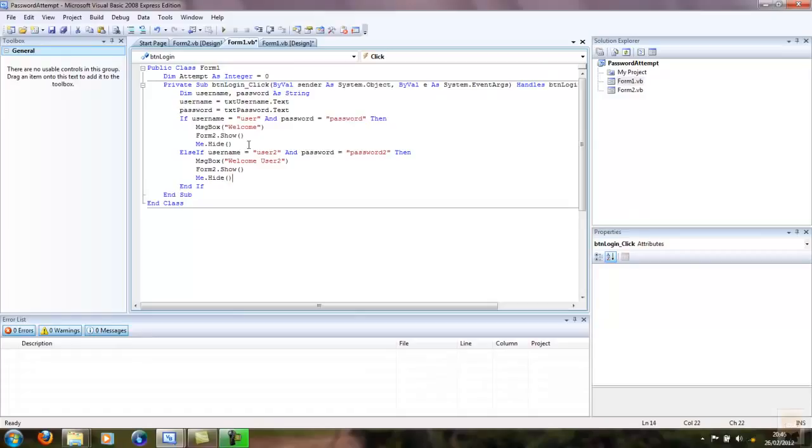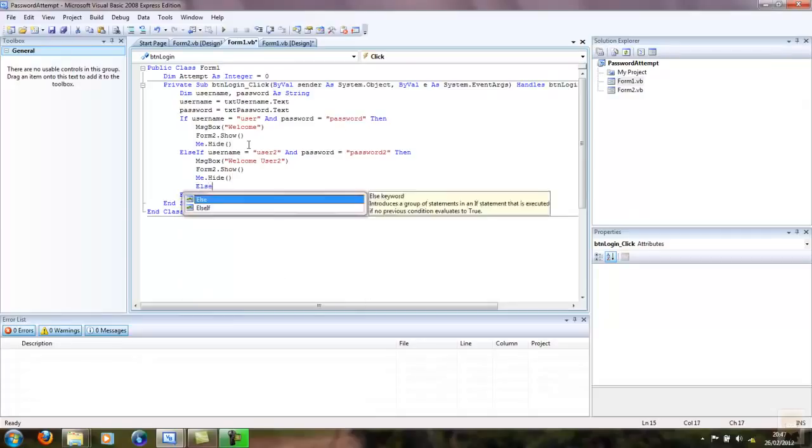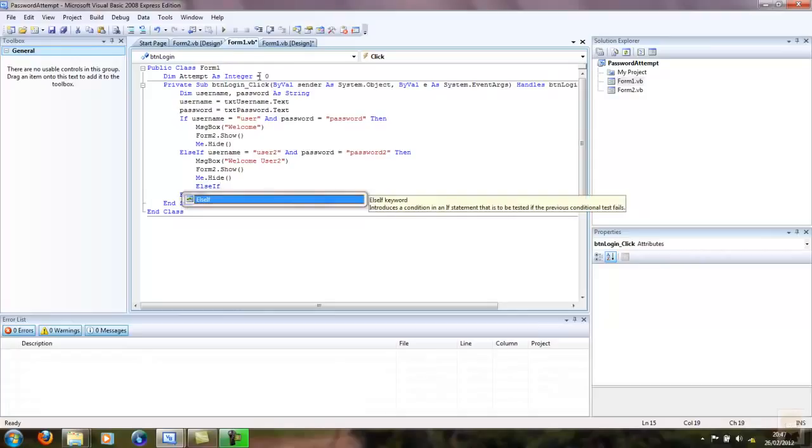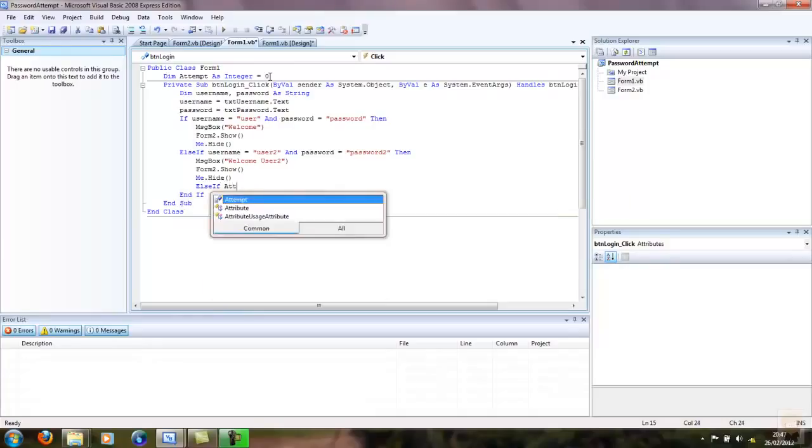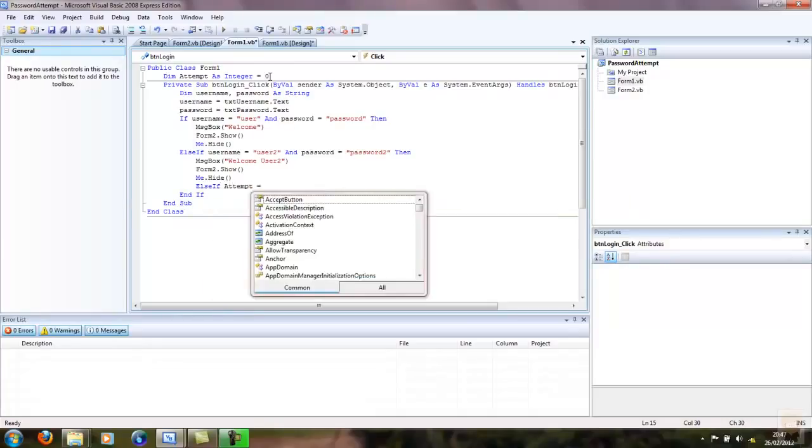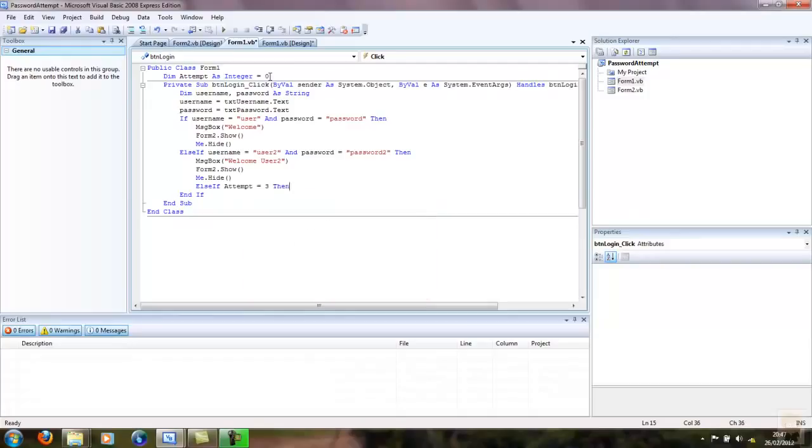We now need to start adding up the number of attempts that people have made to log in. So I'm going to start off by doing the routine that's going to handle it if the attempts hit 3. Now you don't have to do it in this order, this is the way I'm logically going to do it. So I type in, first of all, else if, and you remember up here I set the attempt as 0 to start off. Now I'm going to get this routine to handle it if it's had 3 attempts. So I type in else if attempt equals 3,